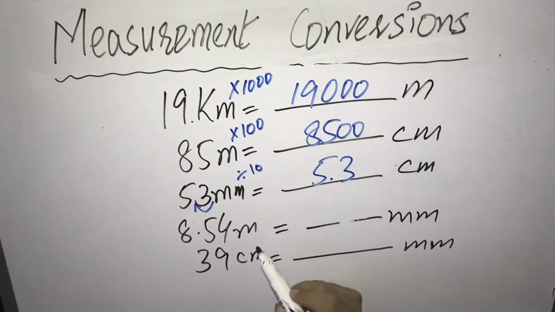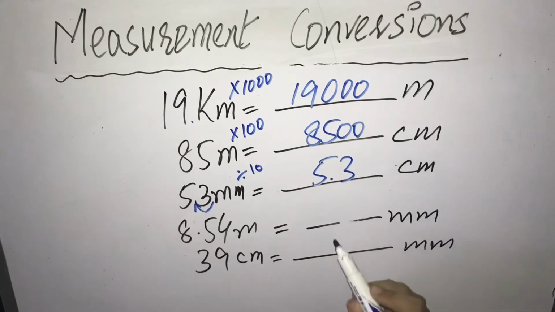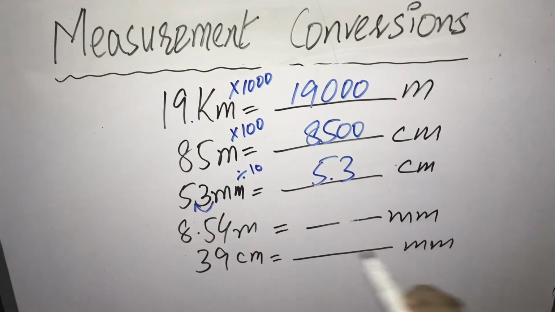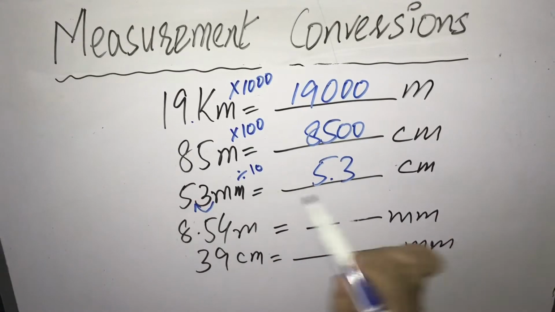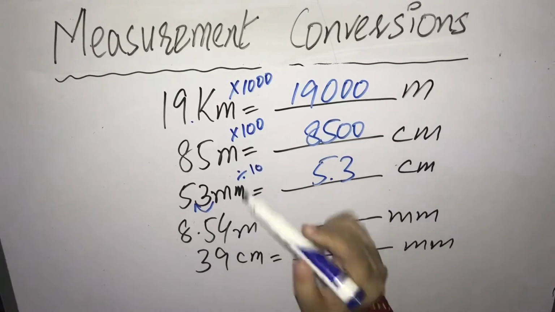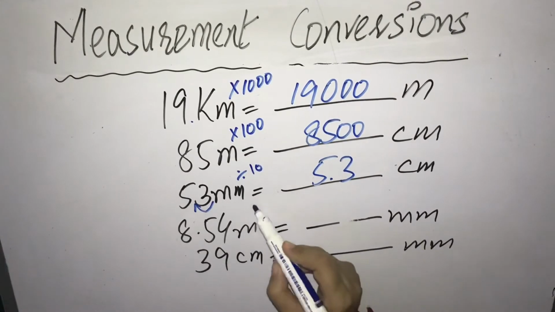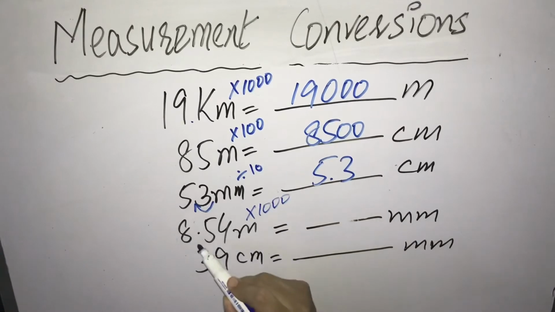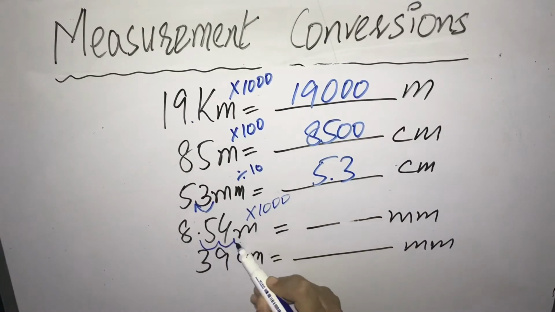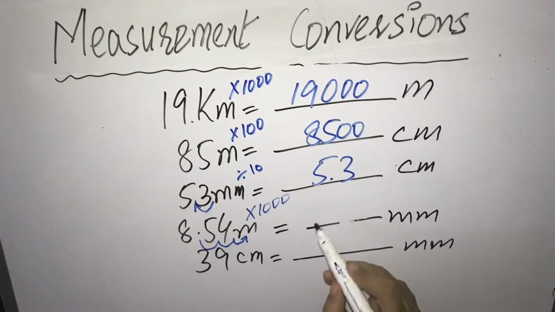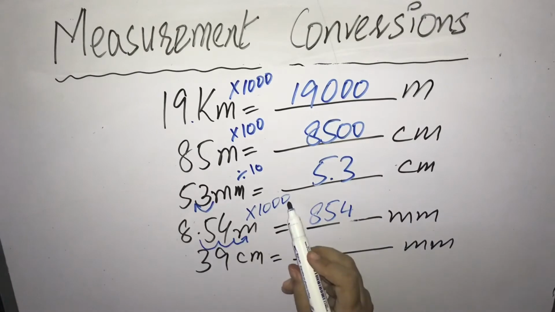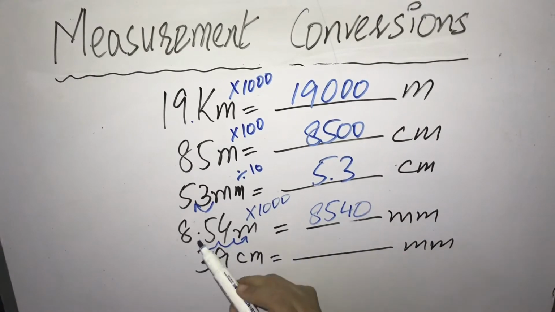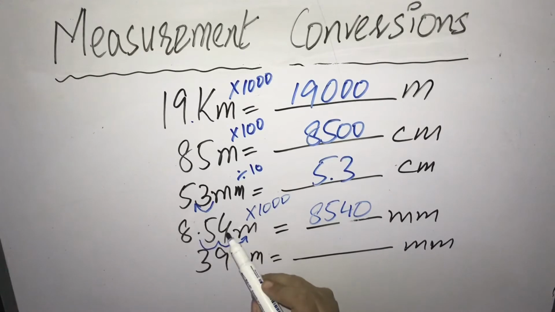This is 8.54 meter to millimeter. We are crossing centimeter. Meter to millimeter is basically 1000 relation. Meter to centimeter 100 plus centimeter to millimeter 10. So total zeros will be 3. And as we are going to a smaller unit, we shall multiply with 1000. Our decimal will move towards the right side as we are going to a smaller unit, and our answer will be 854, 2 digits, and along with 1 zero, 8540. Decimal will move 3 digits, 2 digits are already here, 1 zero we have to create.